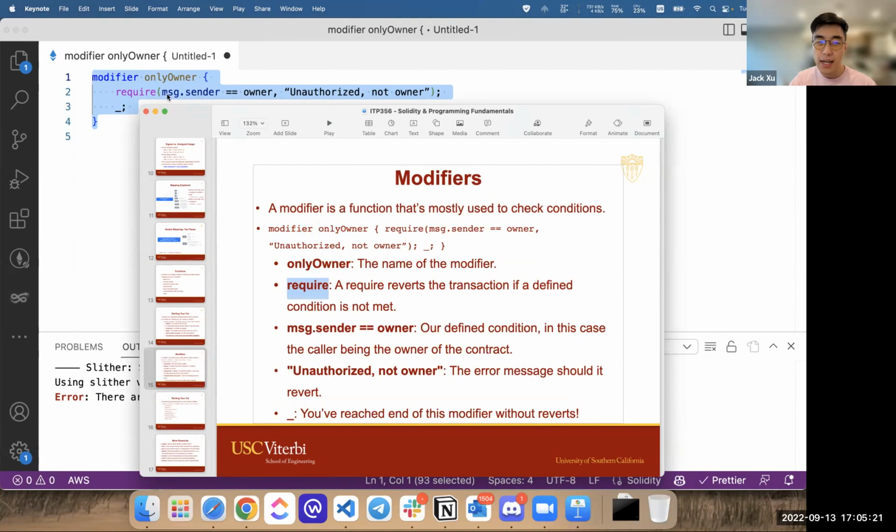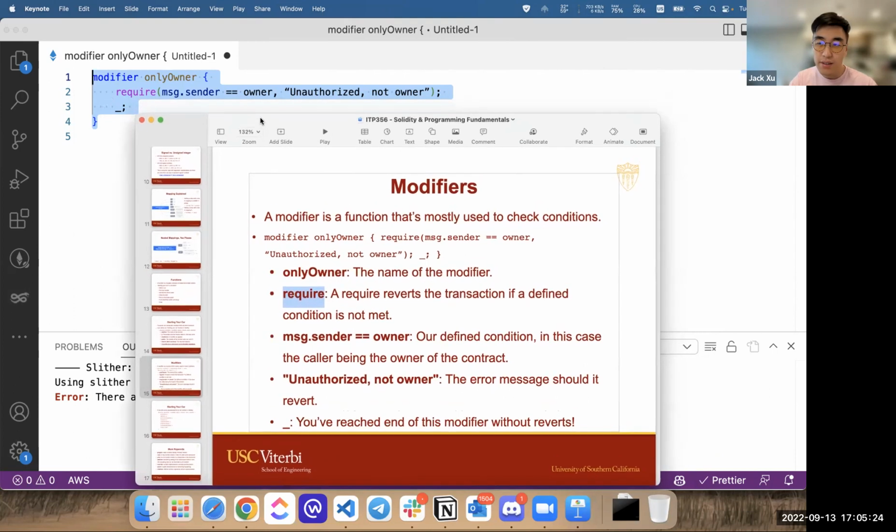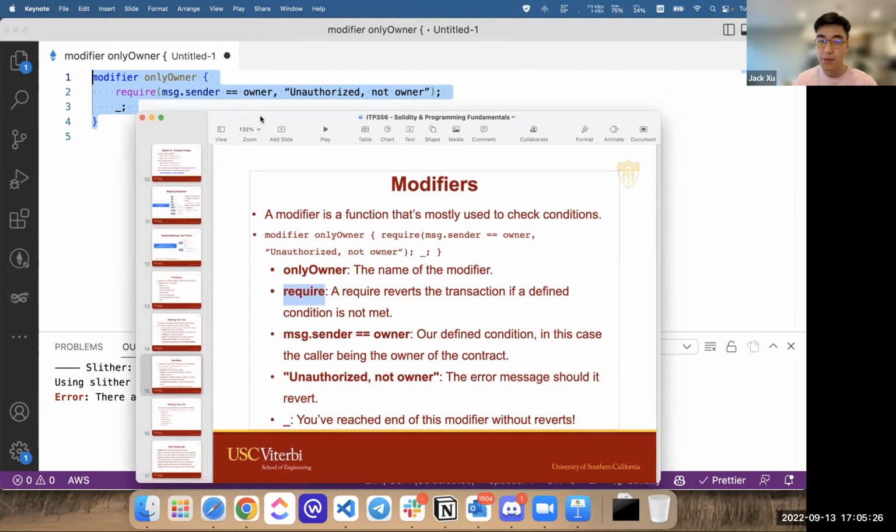You see how require takes in 2 different values, because there's a comma in the middle. Whatever's before the comma is the first value it takes in, and whatever's after the comma is the second value it takes in. If we had 2 commas and 3 values, it would mean the function takes in 3 values. But right here we're taking in 2 values. Require is something that's built in. It's something that we didn't write.